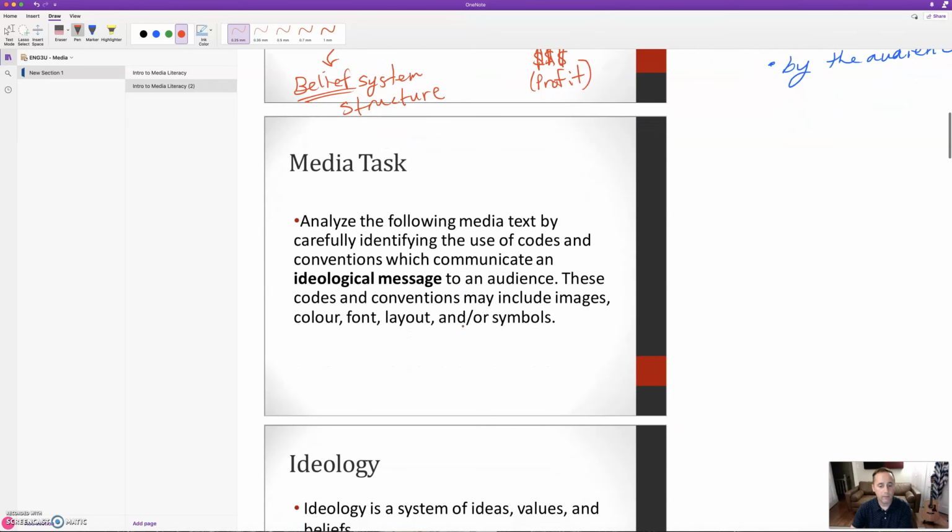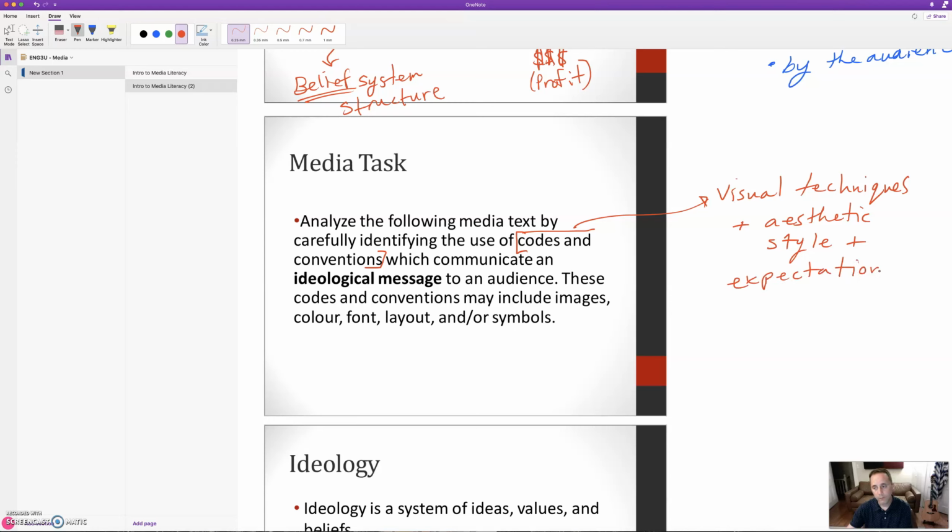So the media task, we'll look at a media text by carefully identifying the use of codes and conventions. Okay, what are codes and conventions? These are the visual techniques and the aesthetic style and expectations that we discussed last time.